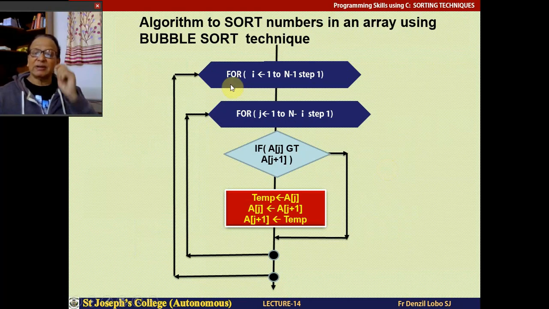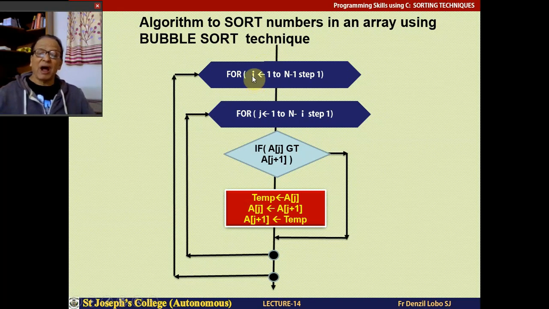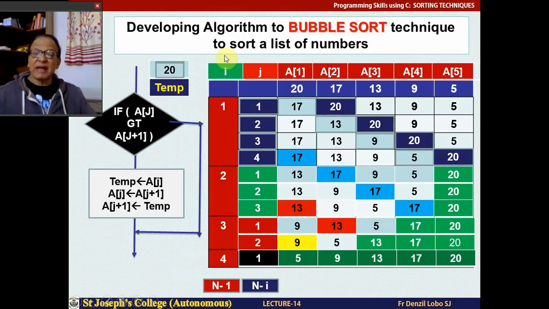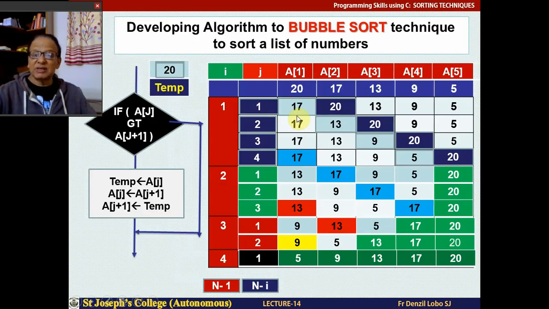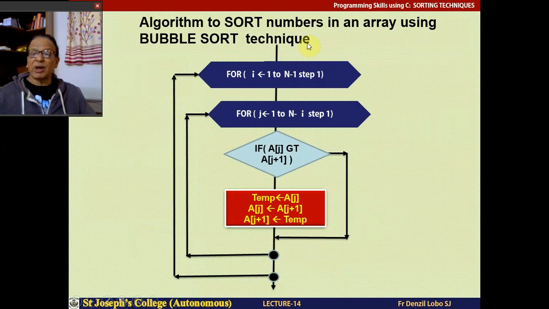So I put it here in the flow chart. Of course here before that I have to input n numbers into the array. Then I ask this question, start with the first outer loop for I is equal to 1 to n minus 1. That is what we have designed just now. For I is equal to 1 to n minus 1, and then for j equal to 1 to n minus I. As you see here, this is n minus I, first time 4 times, 3 times, 2 times, 1 time. So that is what we are going to do.